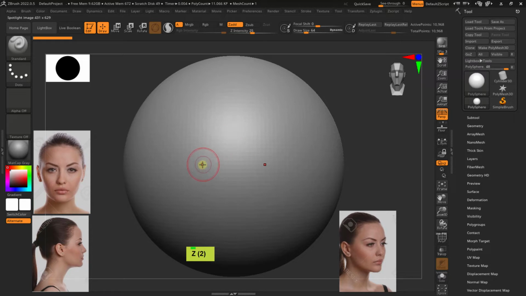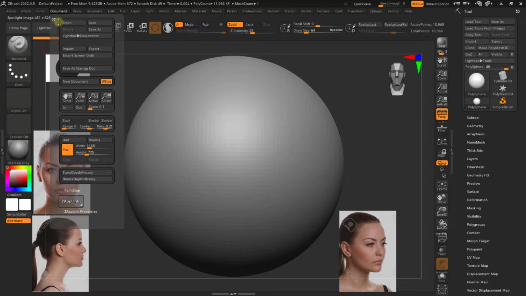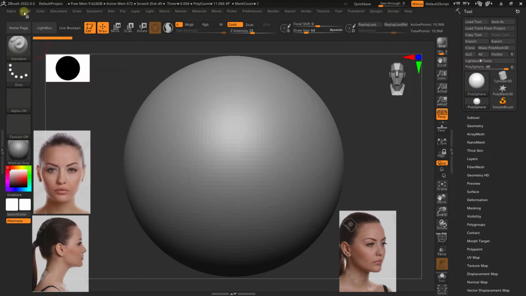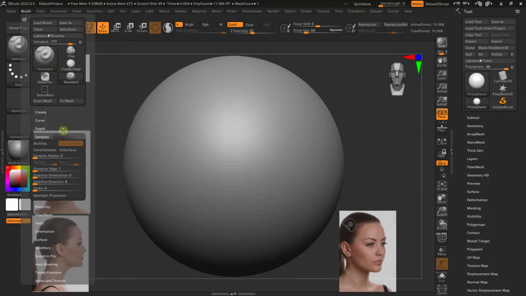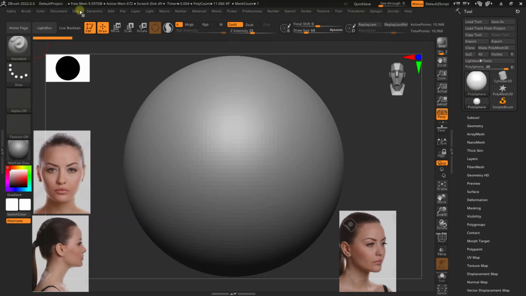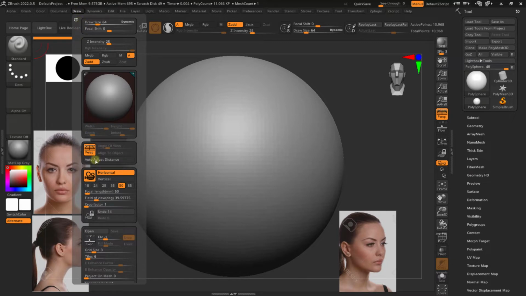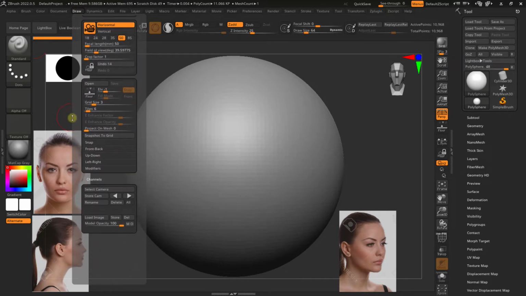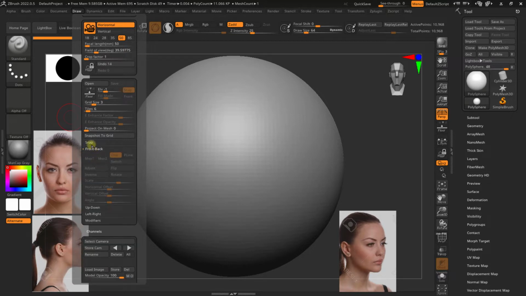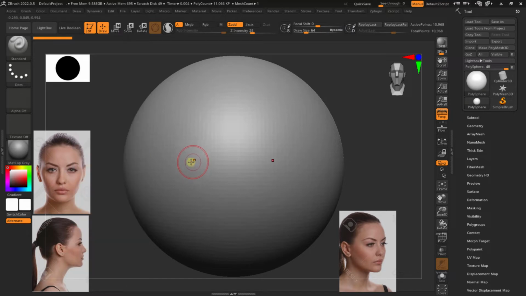Now the reason I'm using Lightbox instead of using image planes. Image plane is, you know, the document, and you can set up the back, the whole system. So we have draw mode. In draw mode we have front and back. We can load a picture, but usually it's not giving the best results, honestly, because the face is never perfectly